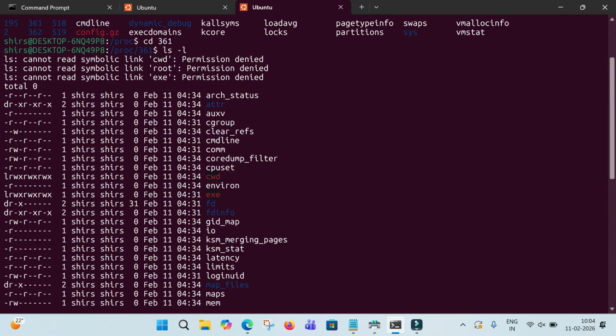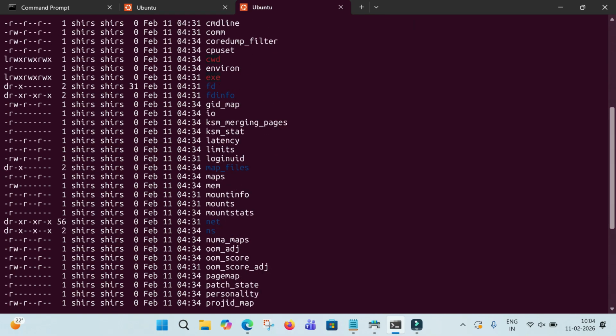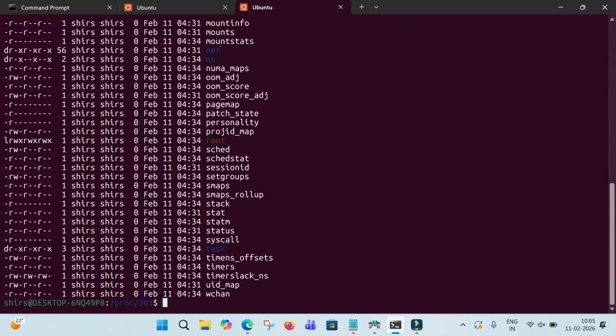One of them is called maps. Maps will tell you all the details about the memory of the process. So if I write maps now,